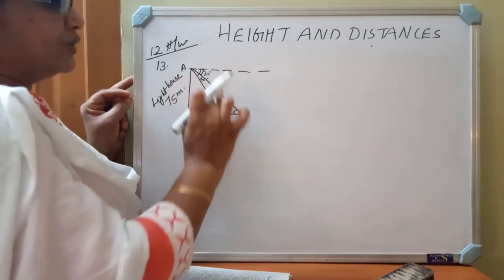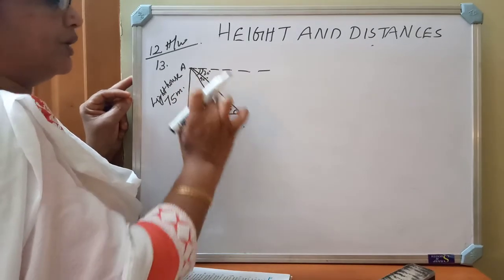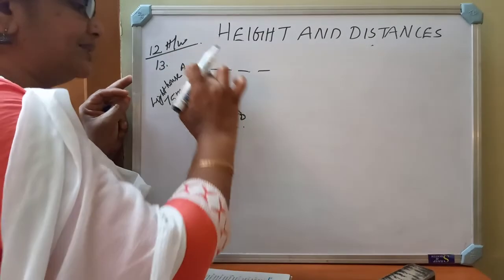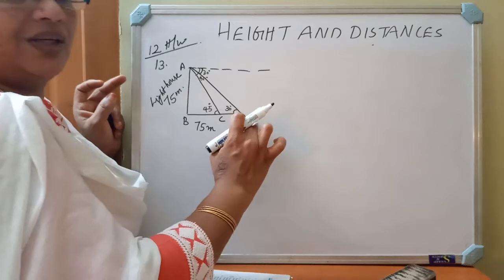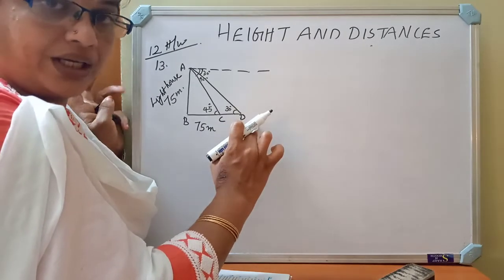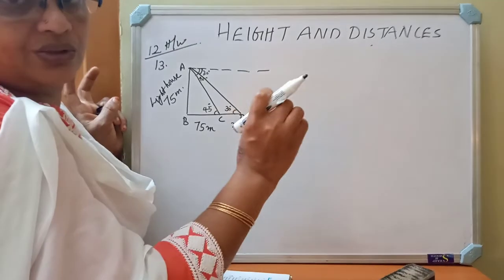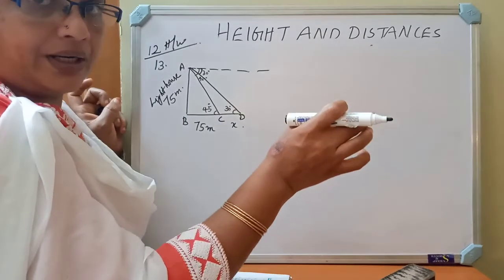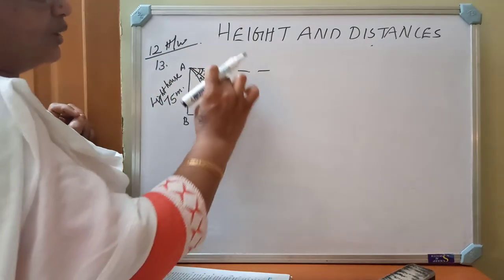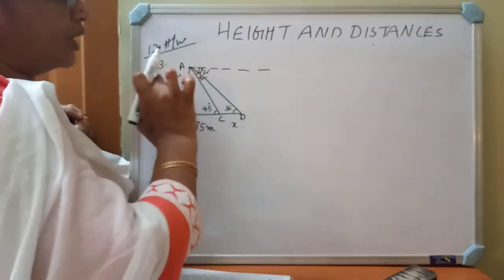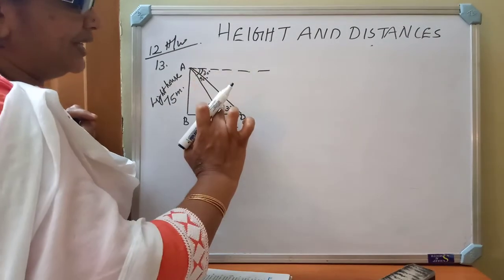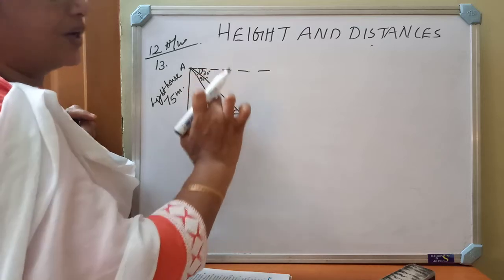So this is 30, which means automatically what will come? This also is 30, because this is acting as a transversal, since these two are parallel lines. We already studied that if a transversal cuts two parallel lines, alternate angles are equal, corresponding angles are equal, and the sum of co-interior angles on the same side of the transversal is supplementary. Here we are applying only one result from that theorem. These and these are two alternate angles, because these two are horizontal lines and AD is acting as a transversal. So this 30 degrees is the same as this one, because these are alternate angles.